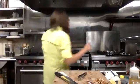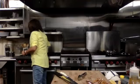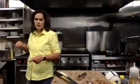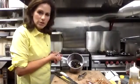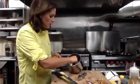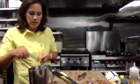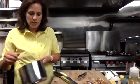Let's scoop up our ice cream. Well, first let's check on our, no sense in rushing. Let's check on our grapes. So already, I didn't mash my grapes yet. I haven't macerated them. I've just simply let the steam and the heat release the juices. And it will take a little bit of time to turn this into a syrup and release this. But the smell of the honey with the grapes and the lemon,